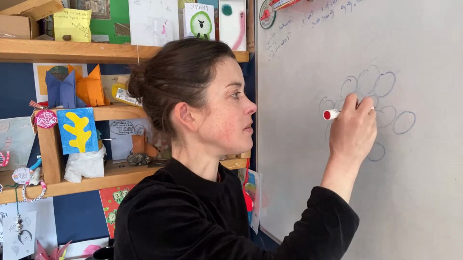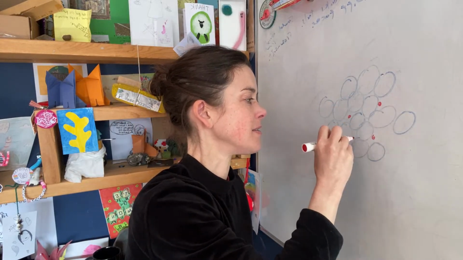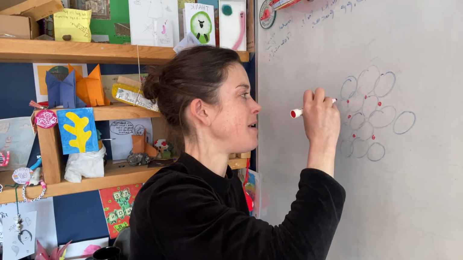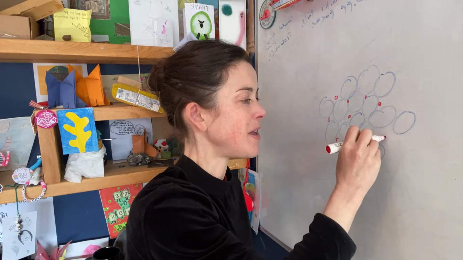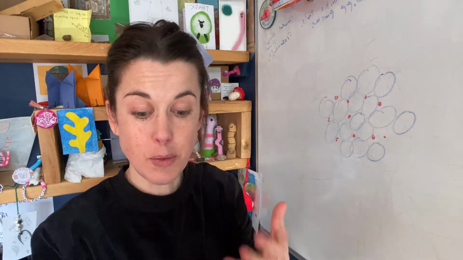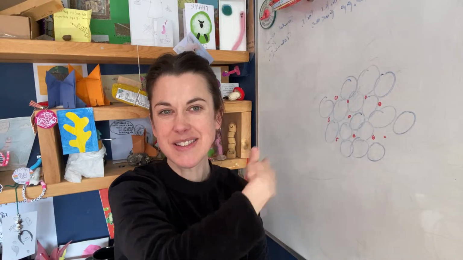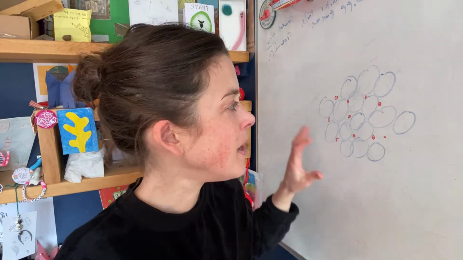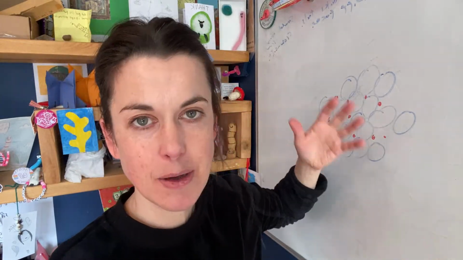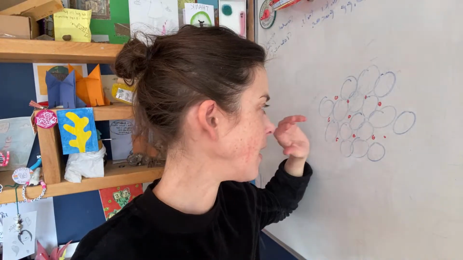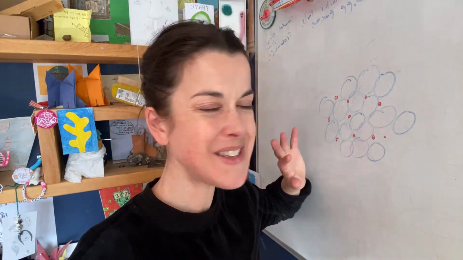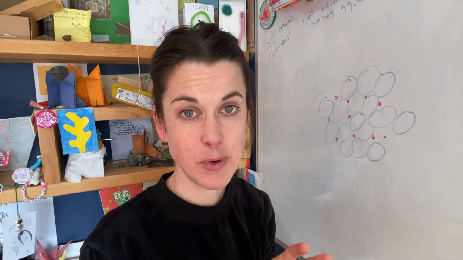When you add salt to the water, the salt particles get in between the water particles and basically prevent them from forming bonds. The salt particles get in the way. Don't write that in your exam. But the salt particles prevent the water particles from bonding together. What does that do to the freezing point and the melting point?